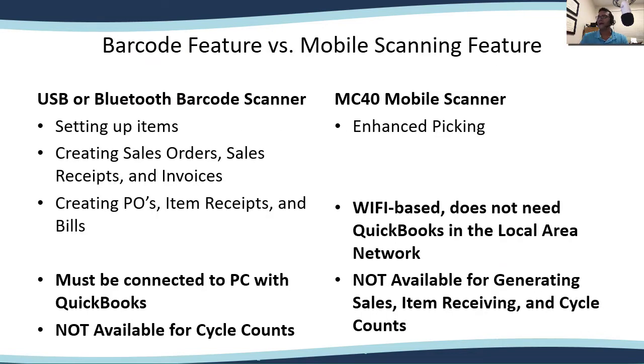Now, this is an area of high confusion because I have a few customers that I'm starting to migrate to this system. There is a traditional USB barcode scanning support, and we're talking about a regular barcode scanner that plugs into the computer with USB. That has been available since 2013, that type of support. However, in order to use a USB barcode scanner, which you can use for creating invoices, which in theory you could use to fulfill your sales orders, the problem with that is it doesn't verify or tell you whether or not the item was on the original sales order. So there's no control mechanism, and that's really the purpose of the barcode scanner. And the other issue is it needs to be tethered,